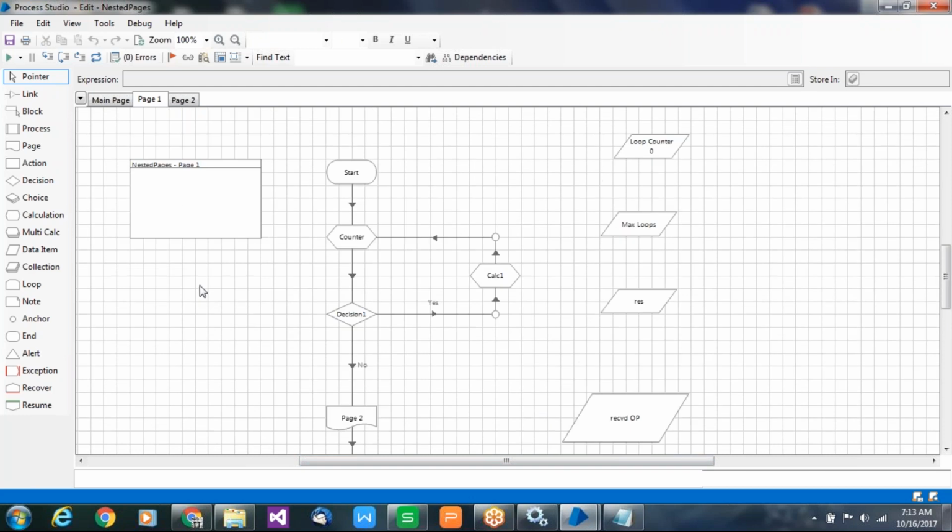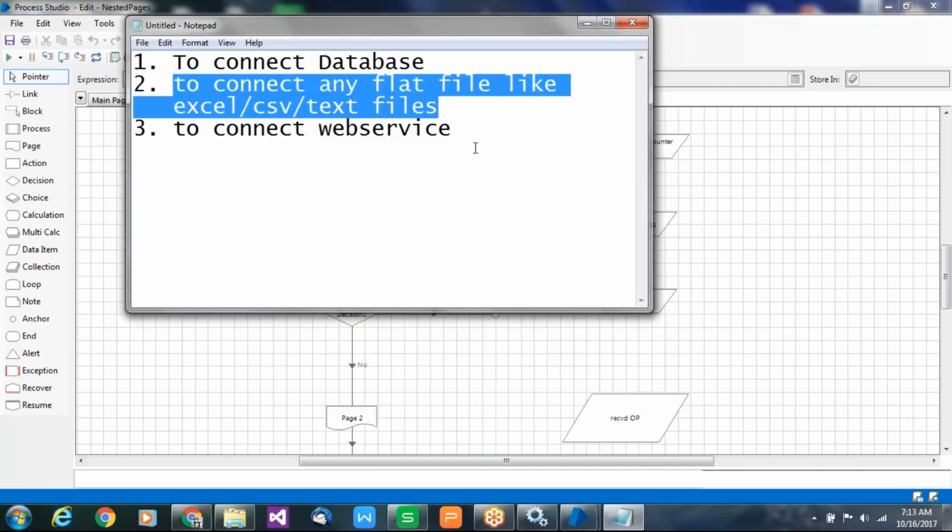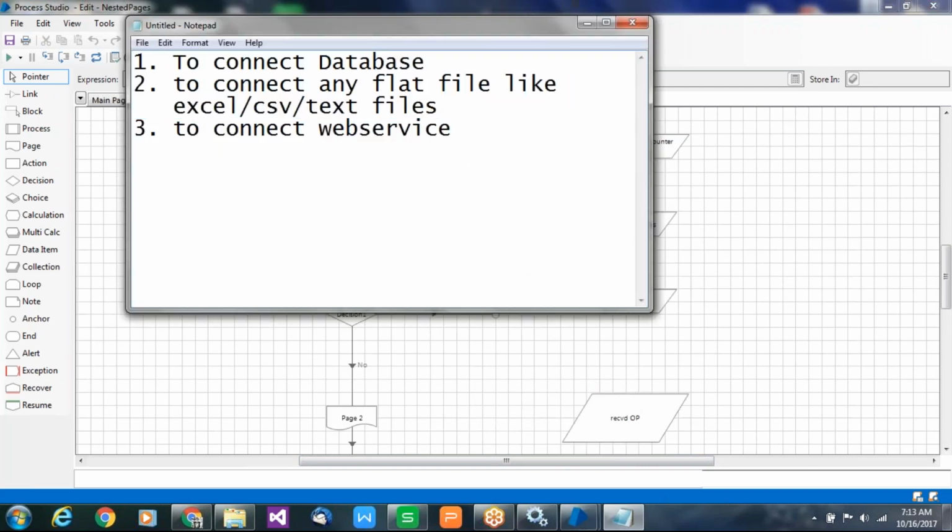Here the concept is similar. Last time we implemented input and output parameters in the last class. How many ways are there to implement input and output parameters in BluePrism? What are the possible scenarios and implementation ways? If you want to implement this concept, what are the possible options?